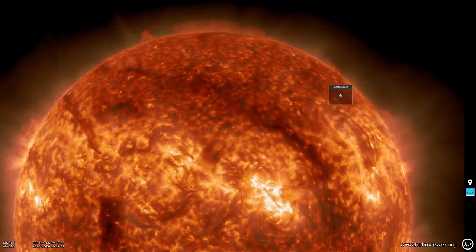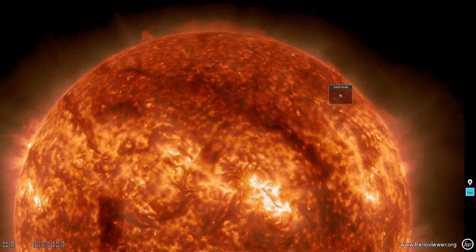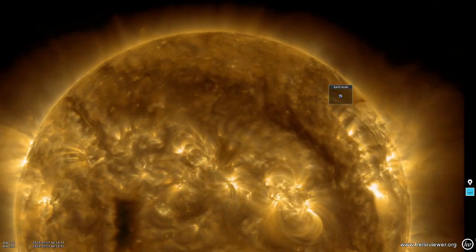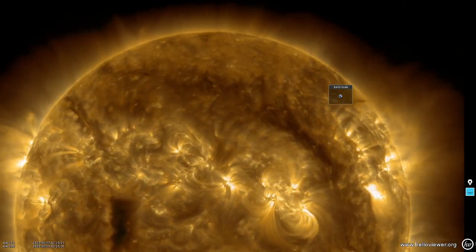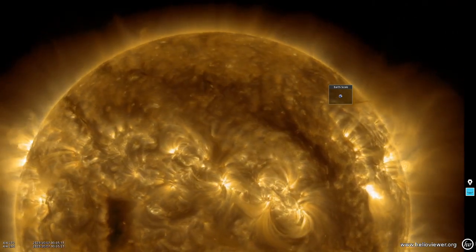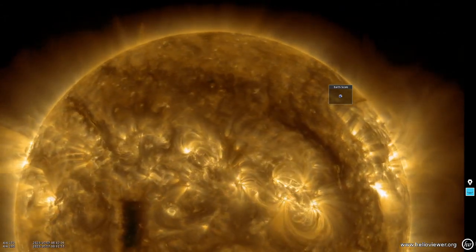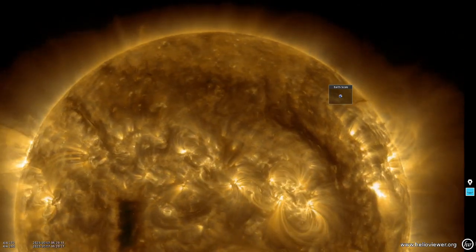Now we're going to show this area in some different wavelengths. So let's switch this out. Here we've swapped out the 304 angstroms for 171 angstroms, just to get some great imagery of that filament, a historically gigantic solar plasma filament suspended by magnetic fields, defying gravity, and greatly increasing the probability of a huge coronal mass ejection